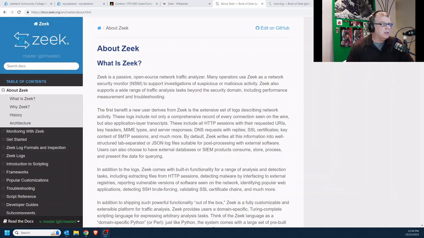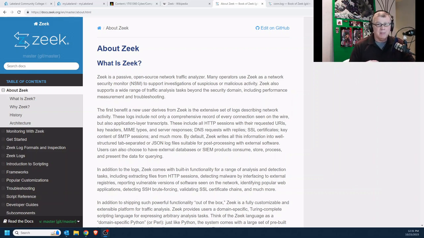If we look at the screen here, we have what is Zeek? Again, for educational purposes, so I don't have to spend money, I favor open source solutions. But we've discovered that a lot of organizations use open source solutions. Basically, Zeek is a passive... Now, in the world of networking, we generally have two concepts that we call active and passive. Active means that it's an ongoing event.